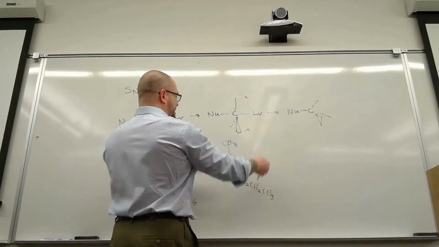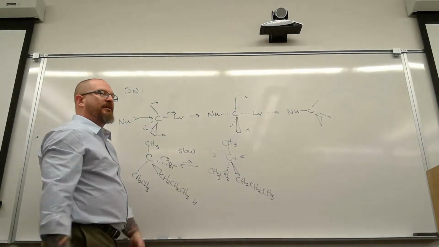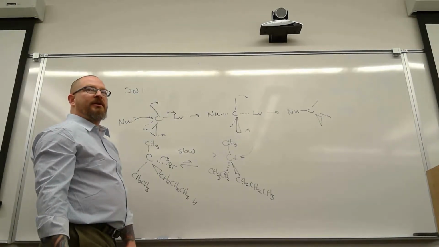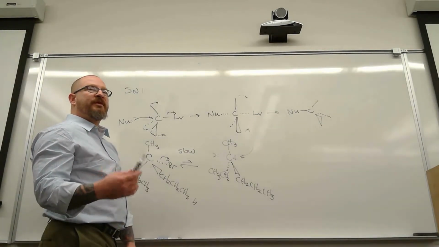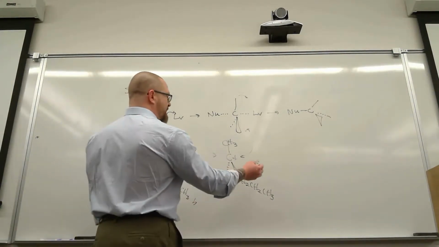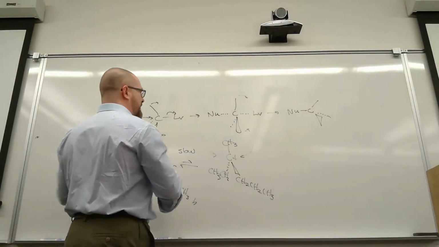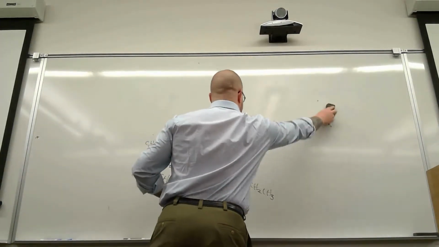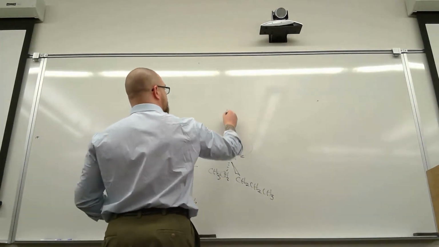And if you come in from this side, all these groups get pushed over this way, and you're going to have the opposite stereochemistry. So you're going to have, to some degree, a racemic product. Let me just go ahead and get rid of this. Get a little bit more room. So, if you have the opposite